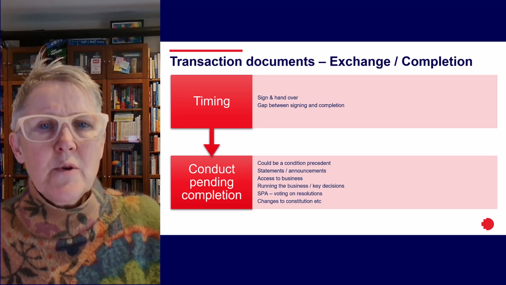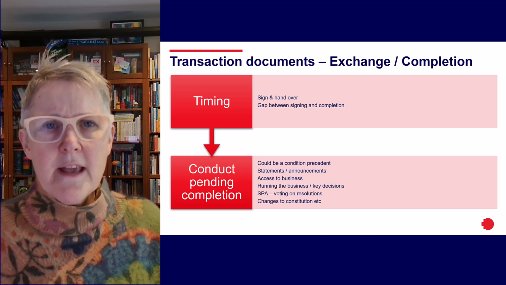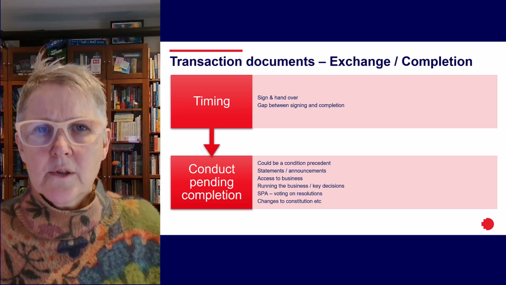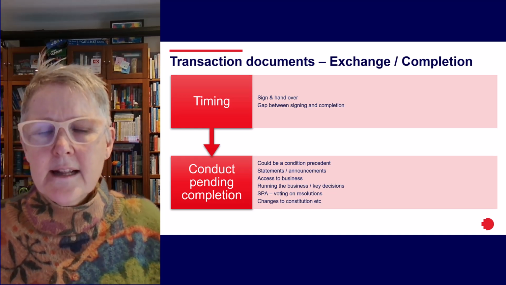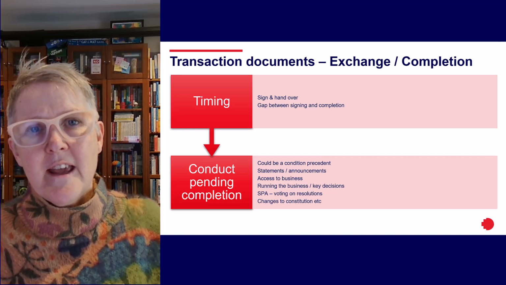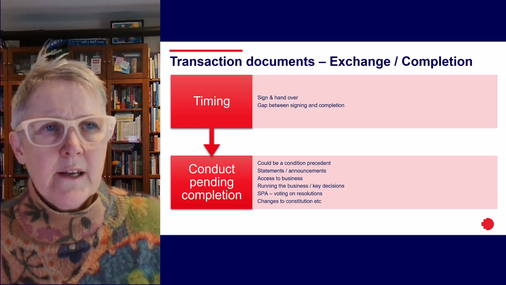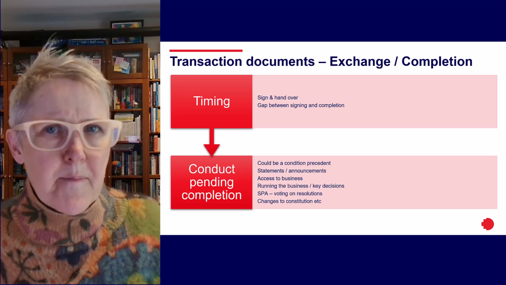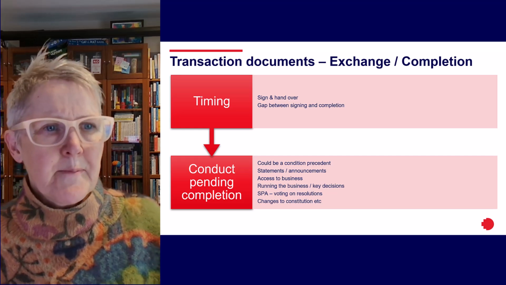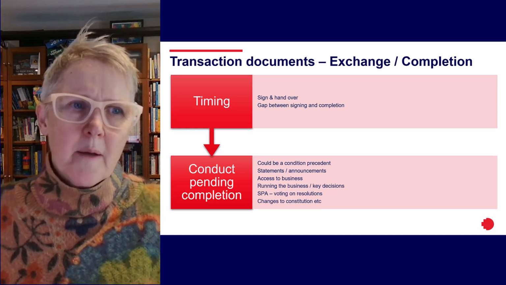Another thing that's often really important in the lead up between the document being signed and completion actually happening is questions around how the business is going to run. What does business as usual look like? Even though ownership and risk may not actually transfer until the completion date, clearly the purchaser is taking risk in that intervening time if the owners of the business just decide to stop working or to do things very differently or to badmouth them or to impact the relationship with suppliers or personnel or even customers. So a lot of that is the kind of thing that you're paying attention to in this intervening time.